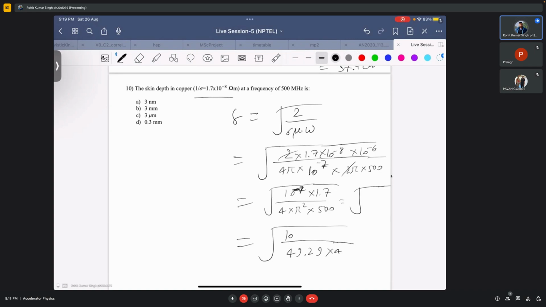and let's take these two zeros above, so we have 10 to the power minus 9 into 1.7, okay, and multiply 4, so we have in the denominator 1.7 by 197.192, okay, and here 10 to the power minus 9 is there. I'm taking it this side. Okay, I'm doing on the calculator, so 1.7 divided by